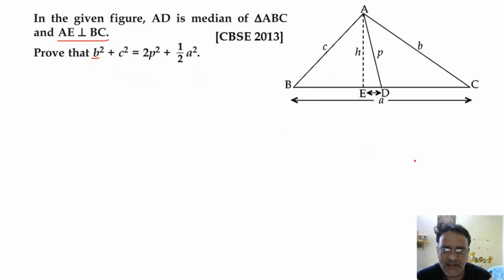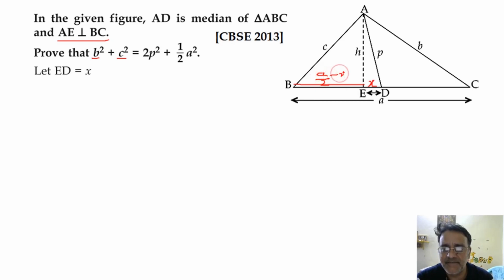B belongs to which triangle? Which right triangle? AEC. And C belongs to which right triangle? Triangle AEB. Okay, fine. So we'll take ED equal to X. We are taking this as X. Okay? So what will BE be? BD minus ED, and BD is A by 2. So we can write A by 2